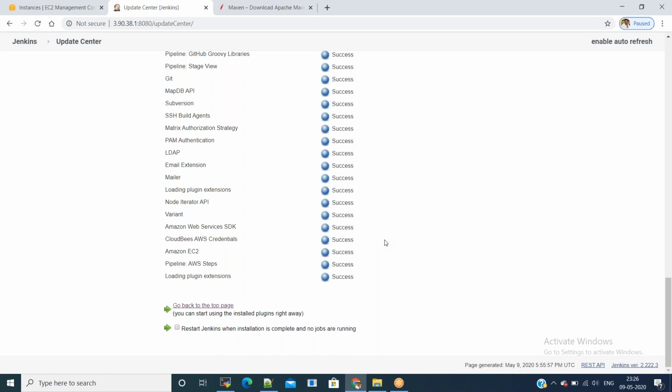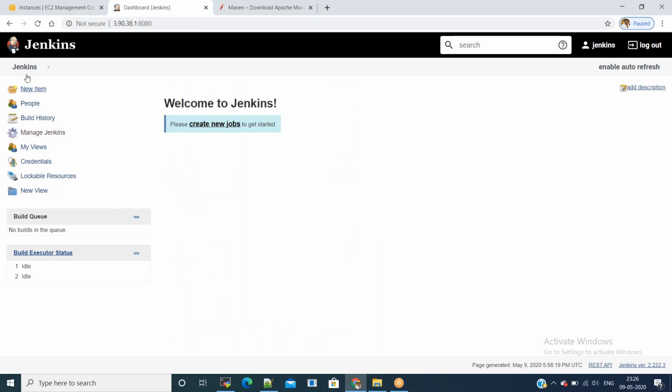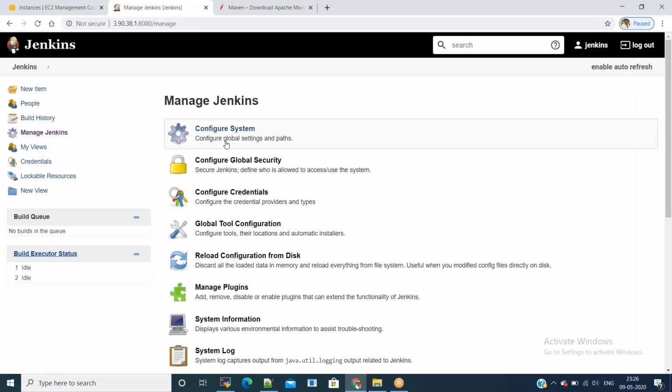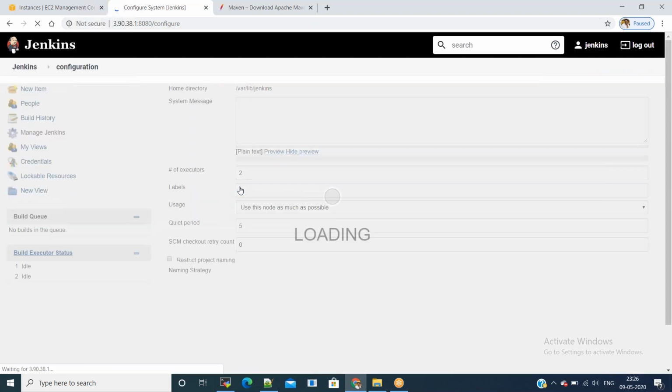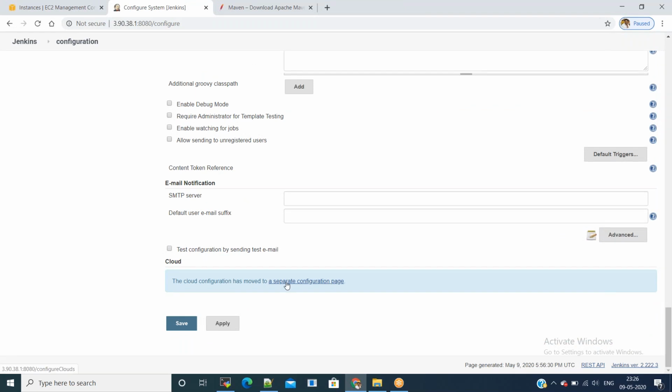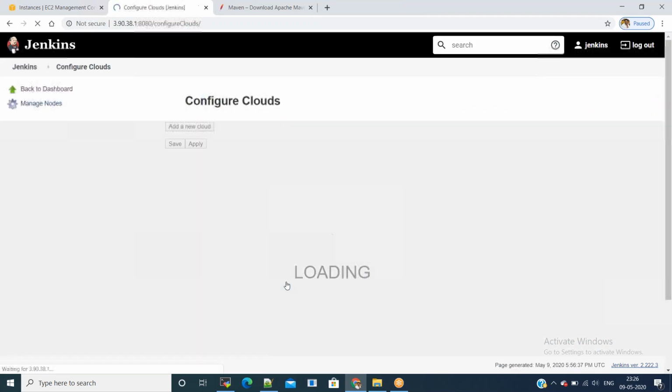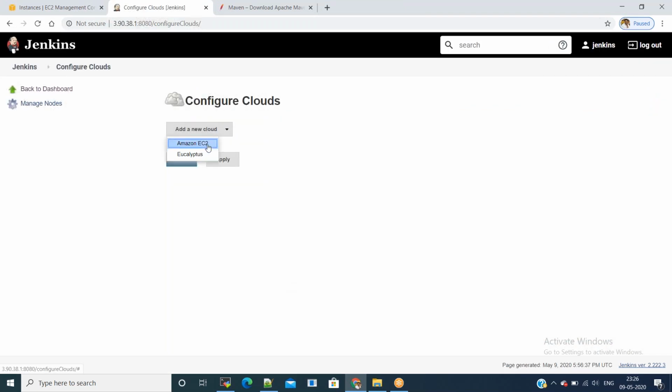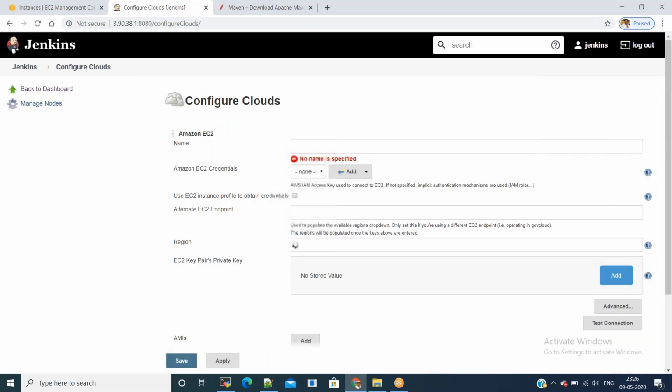Now go back to the top page. Now we need to add AWS as a cloud provider. For that, go to Manage Jenkins, Configure System. At the bottom of the page, add a new cloud and select Amazon EC2 and complete the form.